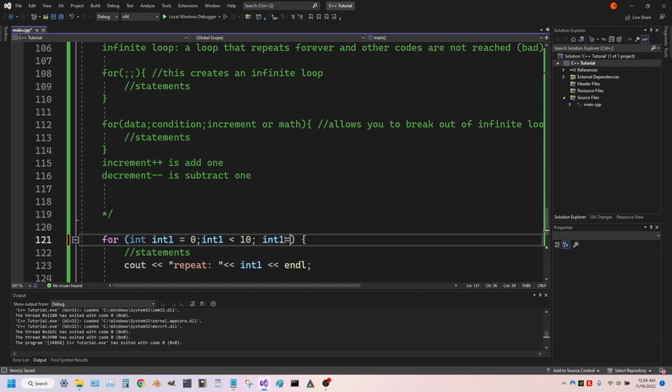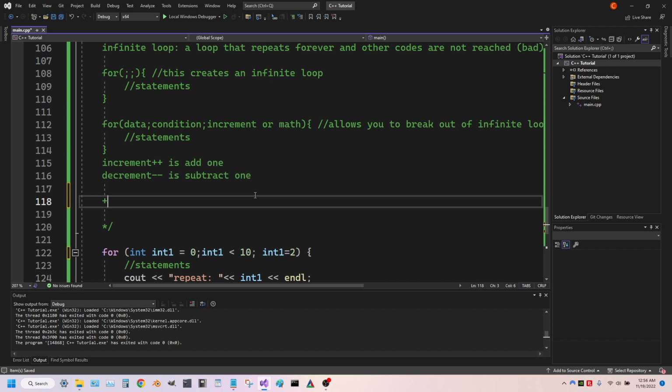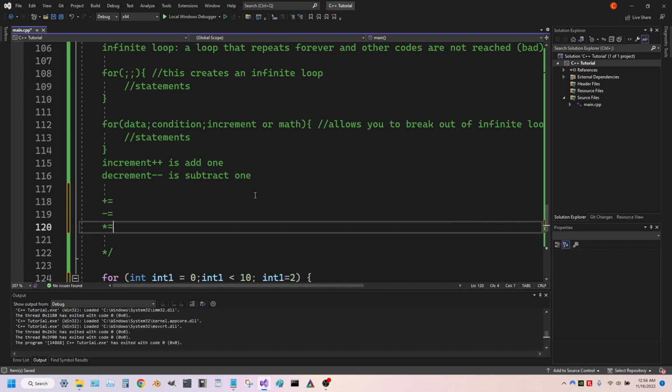You're not going to do integer equals 2 or any of these; it's going to create an infinite loop. What you're going to use is plus equal, minus equal, multiply equal, and